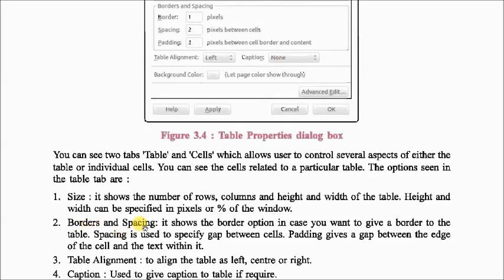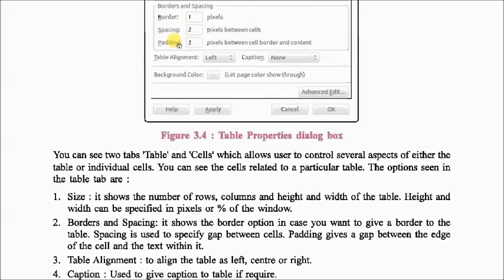Borders and spacing. It shows the border option in case you want to give a border to the table. Spacing is used to specify the gap between cells. Padding gives a gap between the edge of the cell and the text within it. So border means, if you want to apply a border, you can apply it using the border option. Spacing means the space between two cells, which you specify in the spacing option.